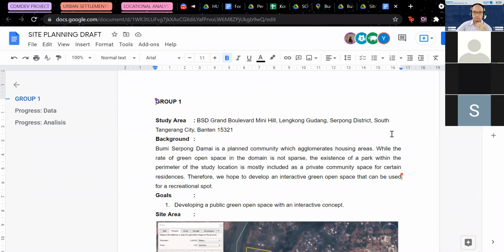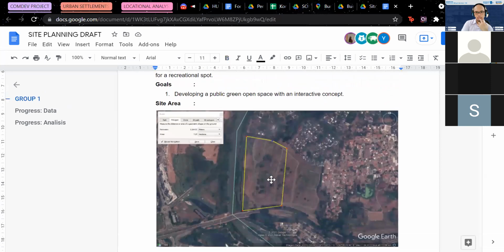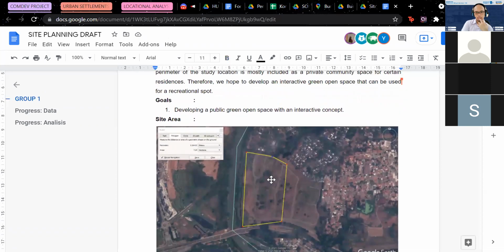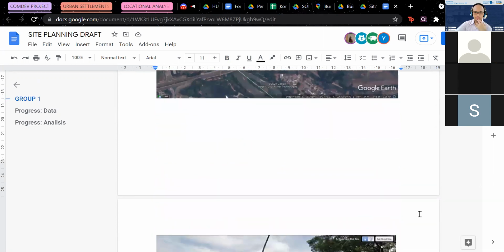Okay, so we are from the first group, and our study area is in BSD Grand Boulevard Mini Hill, Lengkong Gudang, Serpong District, South Tangerang City, Banten. Maybe you can scroll down a bit, Nia, to show the area. Yes, this is our area. It has various topographics,